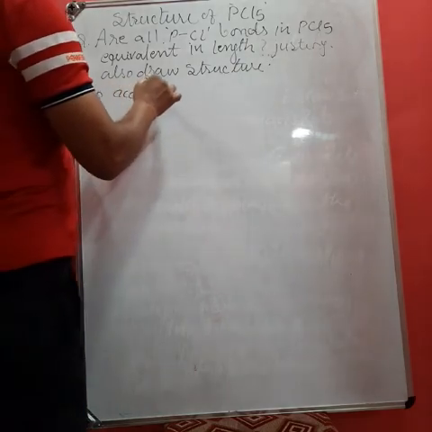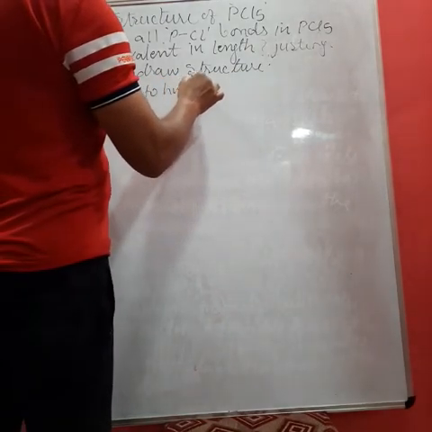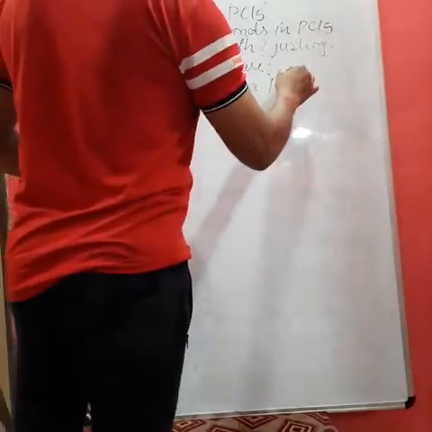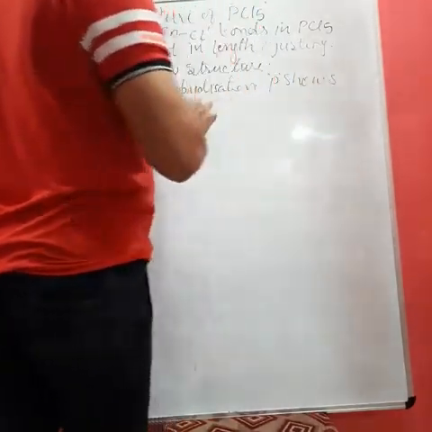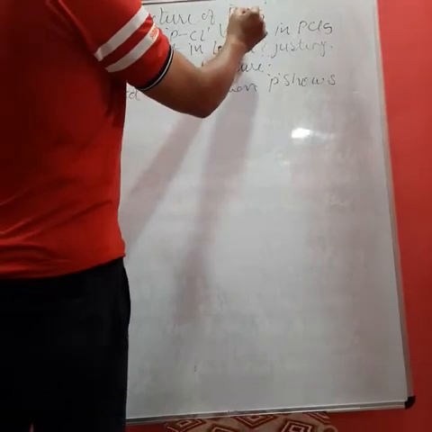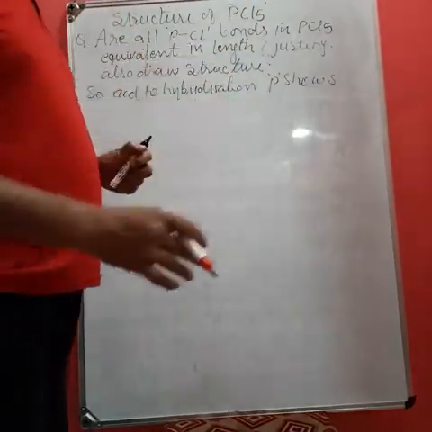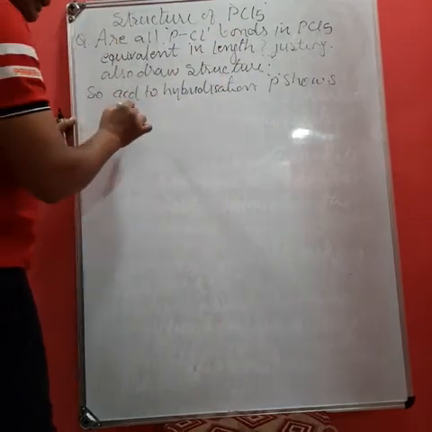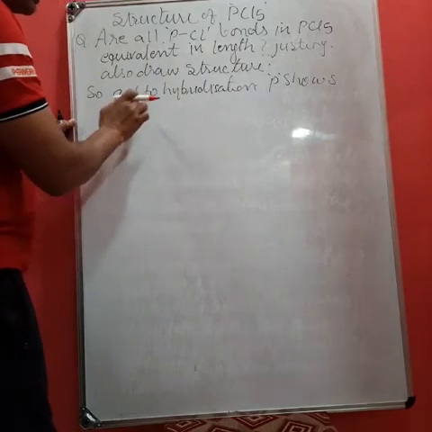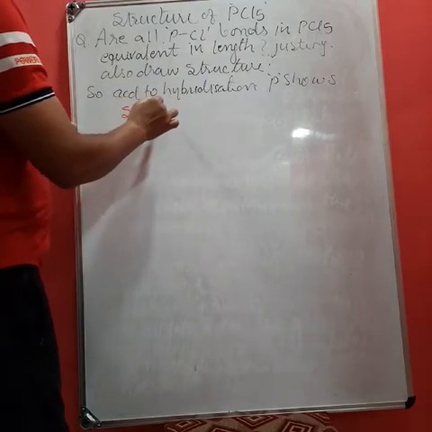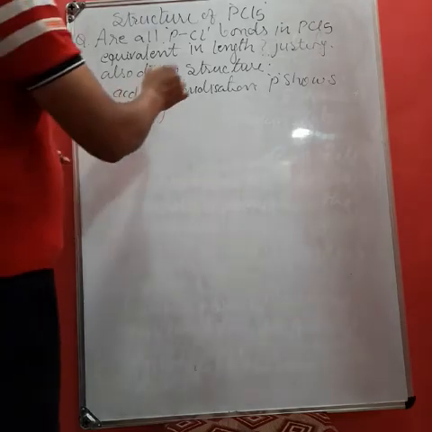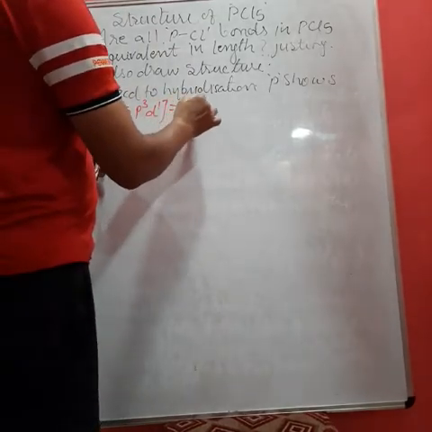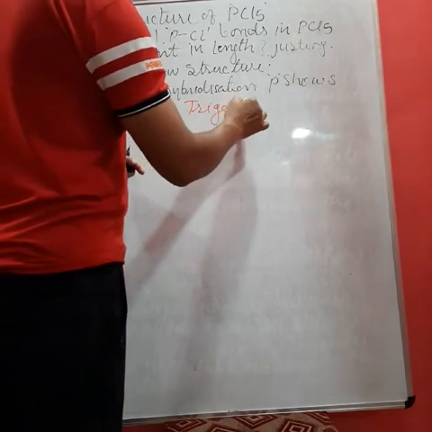So according to hybridization, phosphorus shows which type of hybridization? There are 5 Cl atoms, and the Cl atoms are monovalent, that is, they require 5 orbitals. So the 5 orbitals will be one s orbital plus 3 p orbitals, so 1 plus 3 is 4, and therefore one more orbital, a d orbital. Therefore the hybridization phosphorus shows is sp3d, and sp3d, according to VSEPR theory,